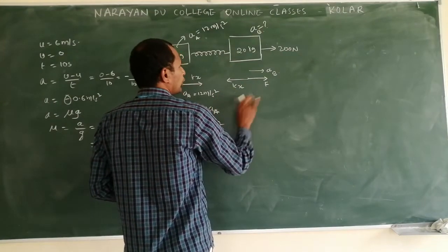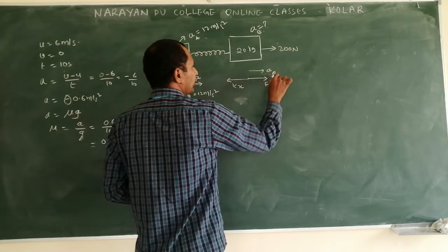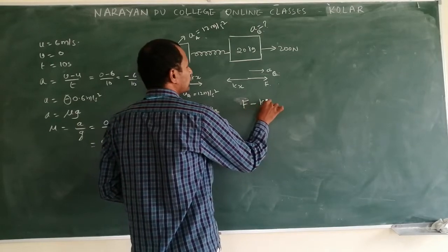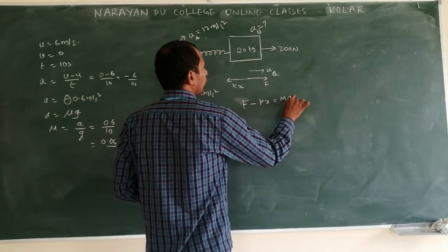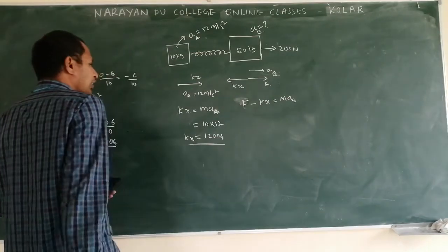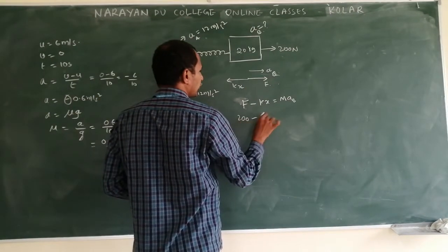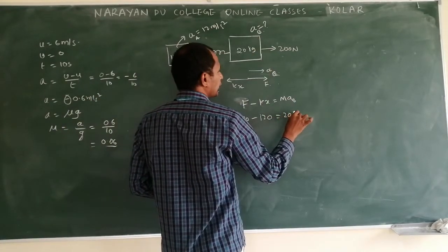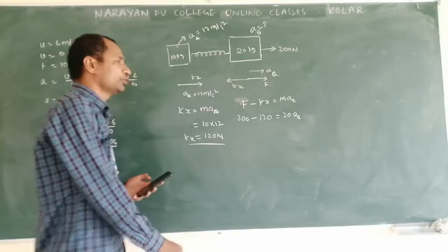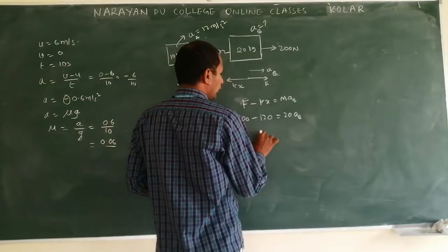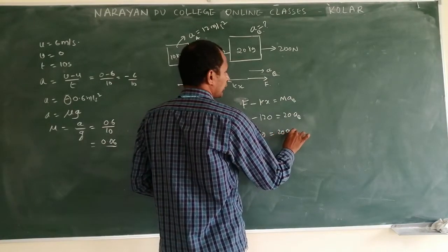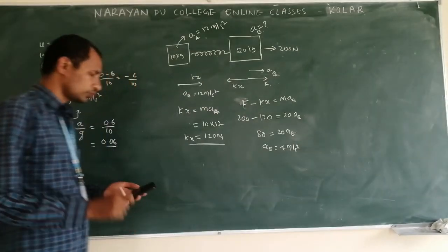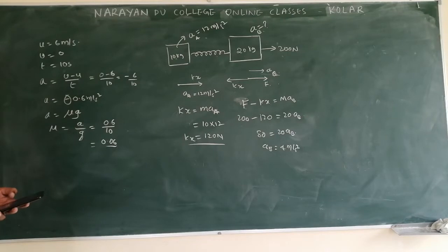Here, acceleration is acting in the direction of the applied force. So force F is dominating. F minus Kx is equal to M into aB. F is what? Applied force, 200. Kx is what? 120. What is the mass of the object? 20. Acceleration we need to find out. 200 minus 120 is 80. 80 is equal to 20 aB. aB is equal to 4 meter per second square. Clear? Next,